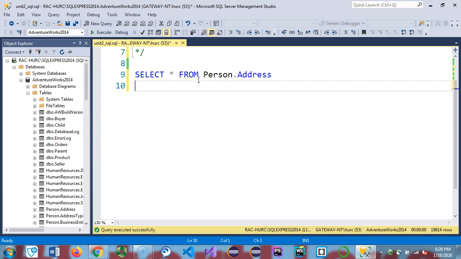Okay, so this star means everything from the address. Every record you can find, all rows and all columns. So everything, right? Now we just show that there's 19,614 of them. Again, if you just want to see the top